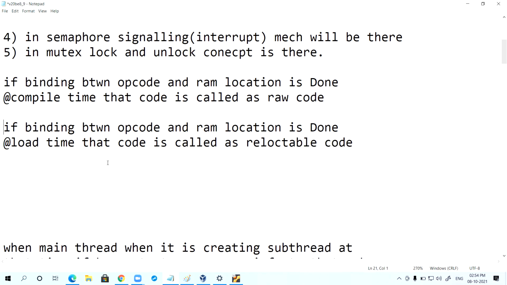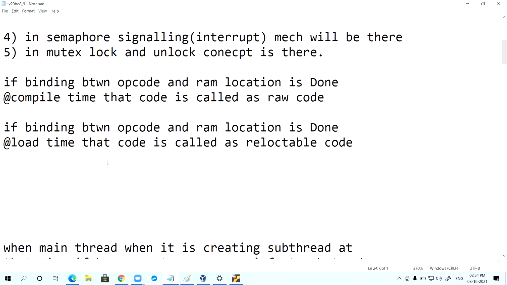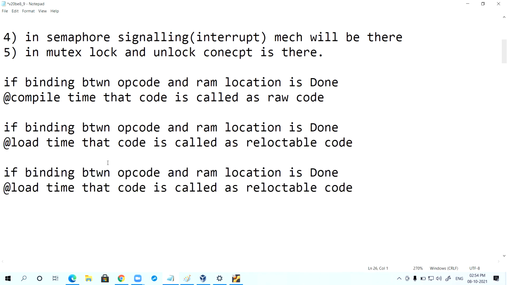If binding is postponed to runtime, meaning the binding between the opcode and RAM location is decided at runtime, then that is called executable code, an exe file.